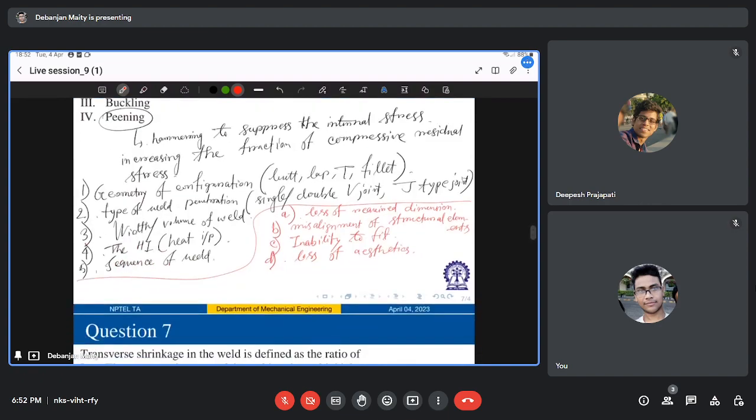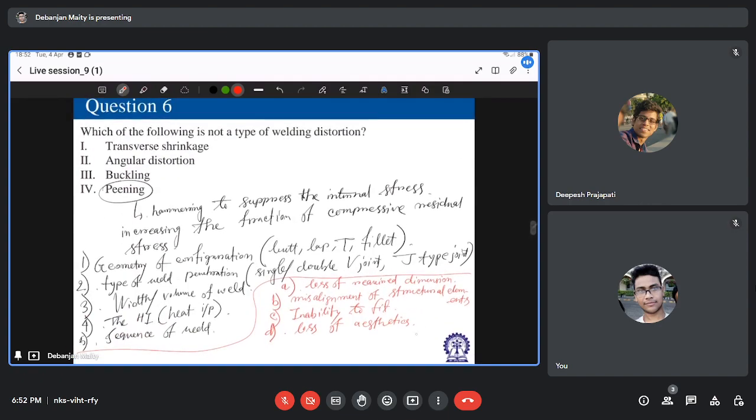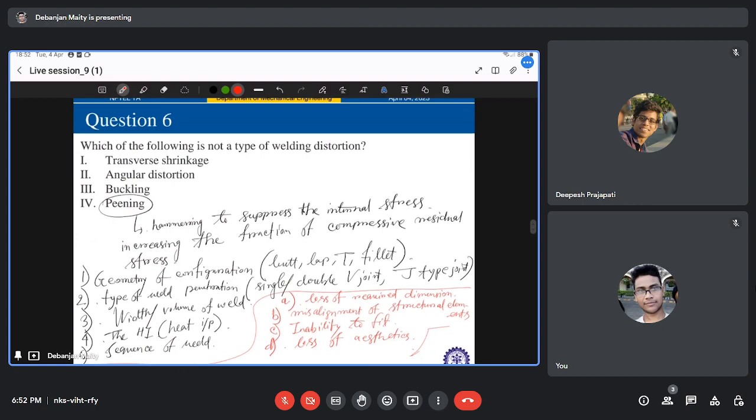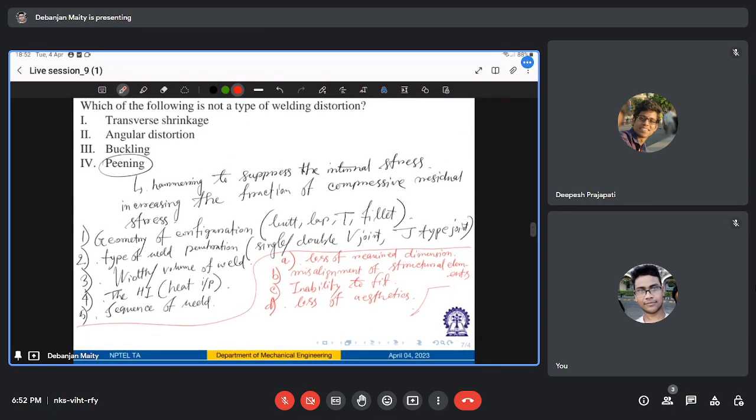Okay, okay. I cannot actually remember what can be the other effects. Anyhow, these are all. So yeah,